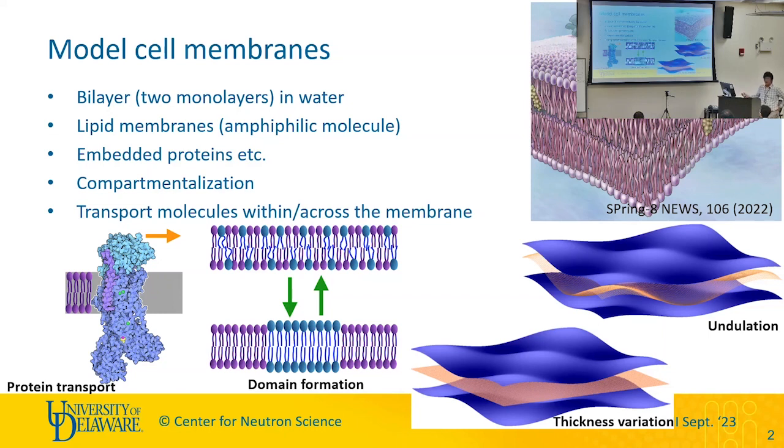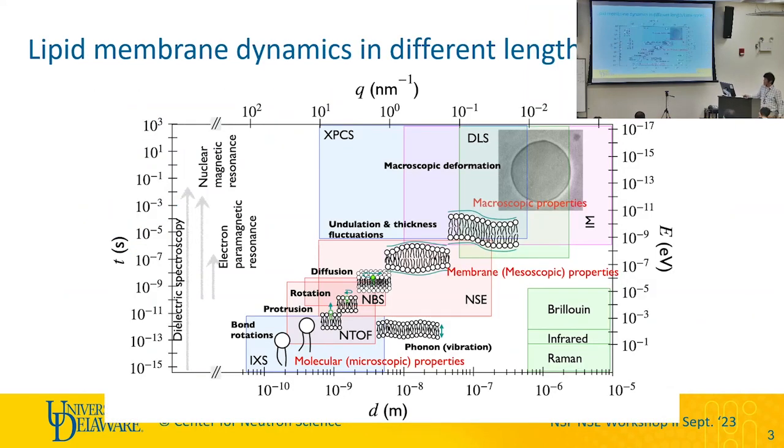And also transport of molecules is happening within the membrane and across the membranes. So different types of molecules are moving around within the membrane. We want to understand those things, like a protein transporting, a domain forming and deforming, and we have undulating membranes, and the thickness exists, so thickness probably is changing with time as well. So these are the things we are interested in, and using different types of techniques, we can access different